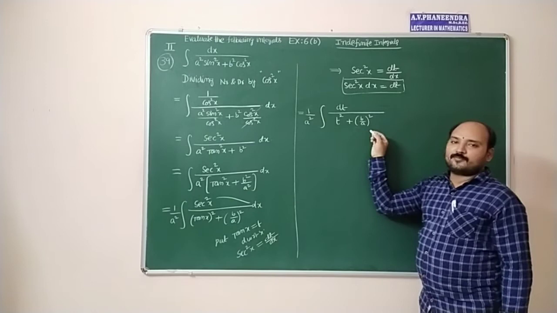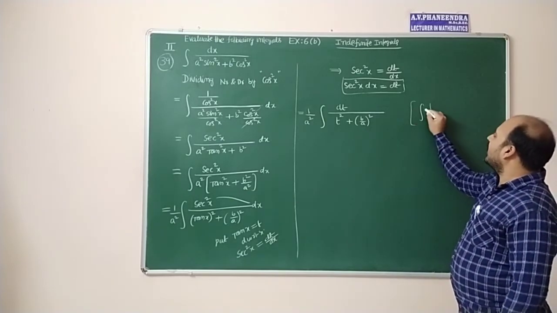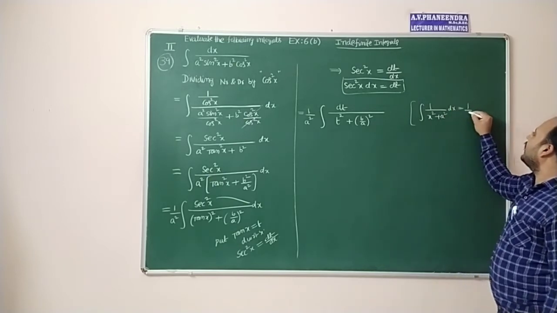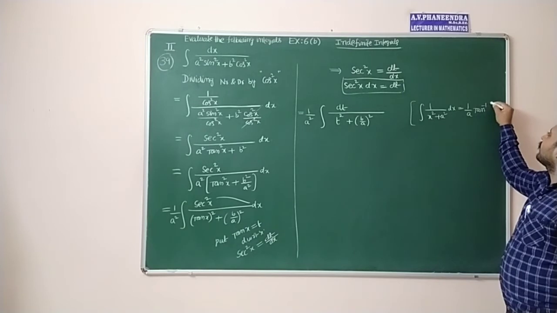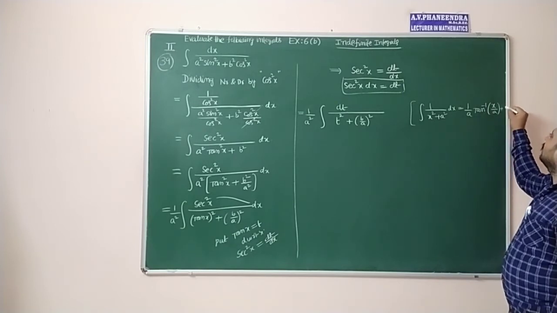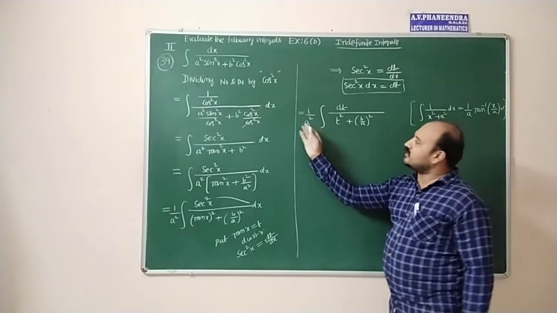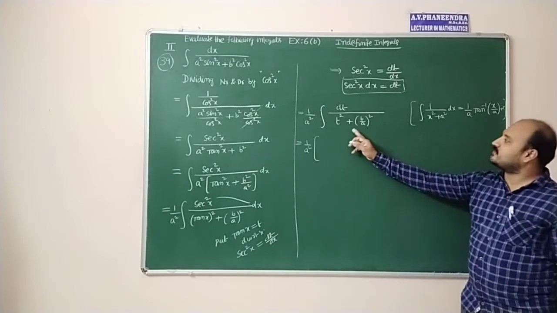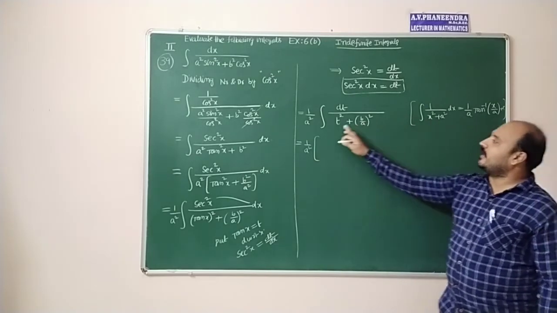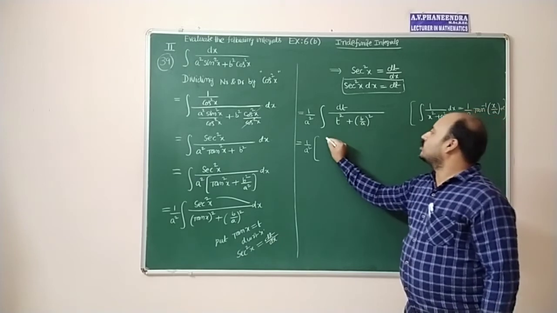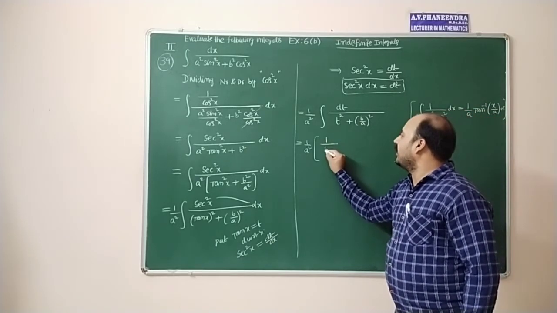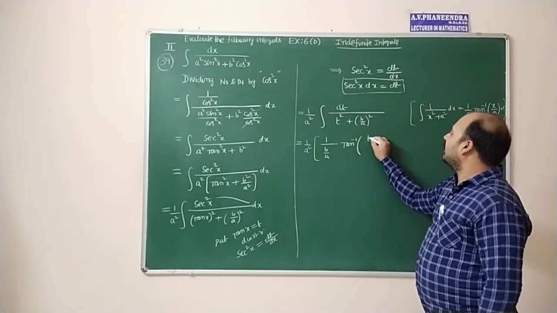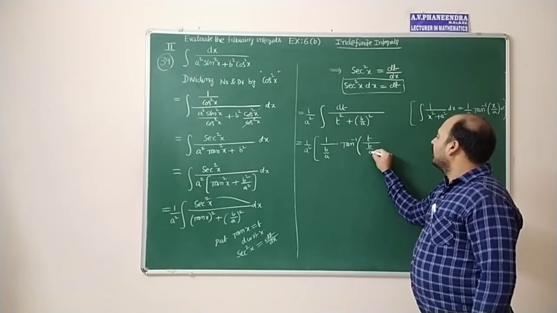It is in the form of integral 1 by x square plus a square into dx. We have the formula 1 by a into tan inverse x by a plus c. So don't think that this is 1 by a. 1 by a square is already a constant. It is not related to the formula. Now we have to apply this formula to this term. Here x is equal to t and a is equal to b by a. So 1 by a value is here b by a, tan inverse of x by a, x is equal to t, a value is b by a, plus c.